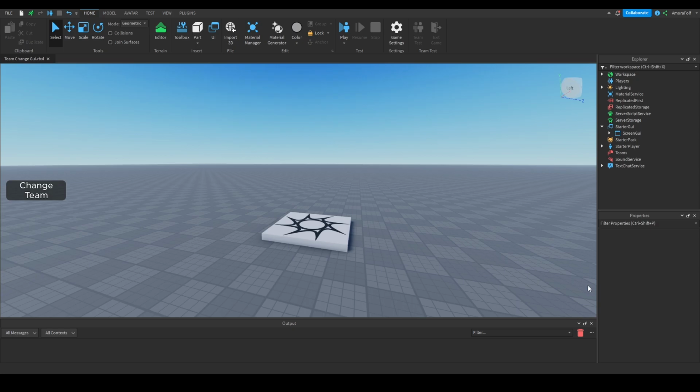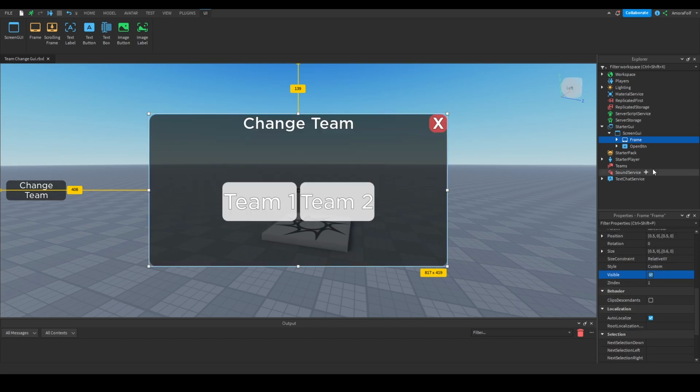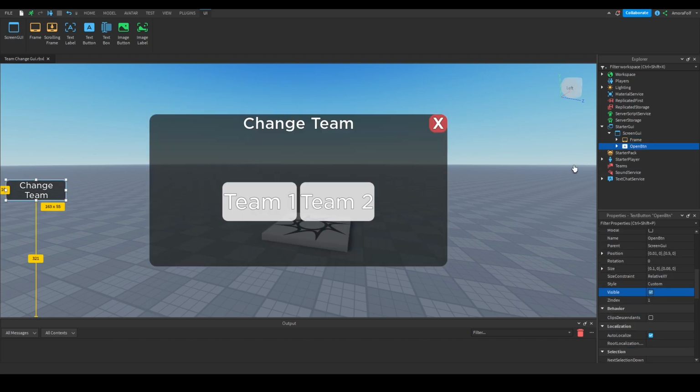Today I'm going to be showing you how to make a team change GUI. This is extremely simple and we can get this done in two very small scripts, and you don't have to do any GUI making, because in the description of this video I have a link to a model, and that model is this screen GUI, which has a frame inside of it and a text button, which is to open